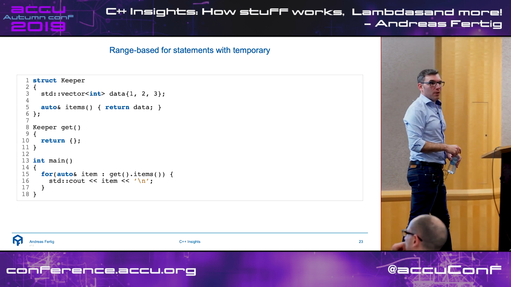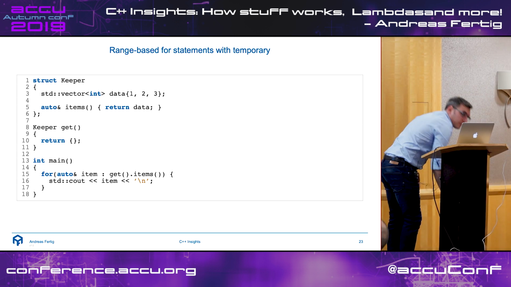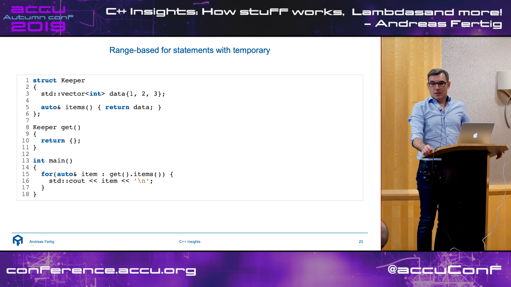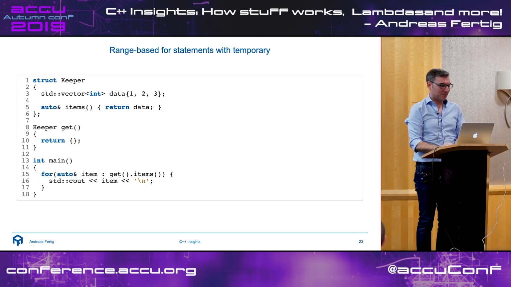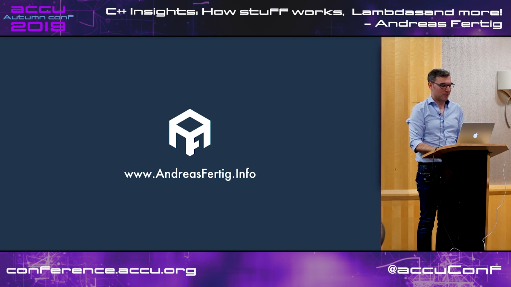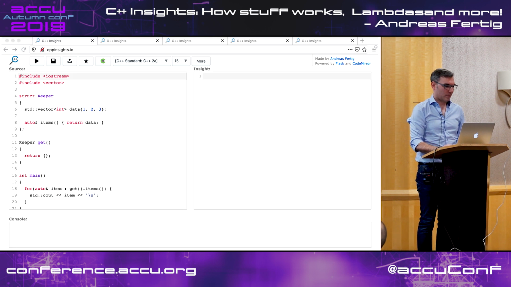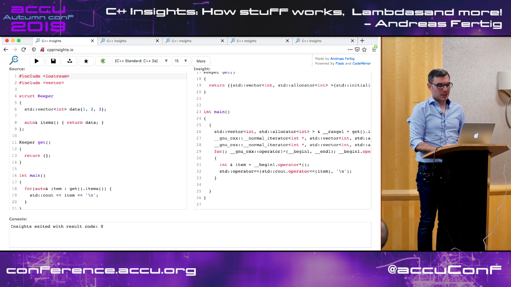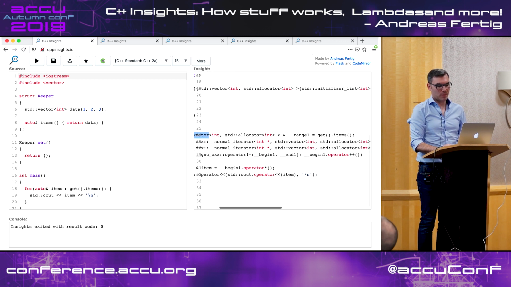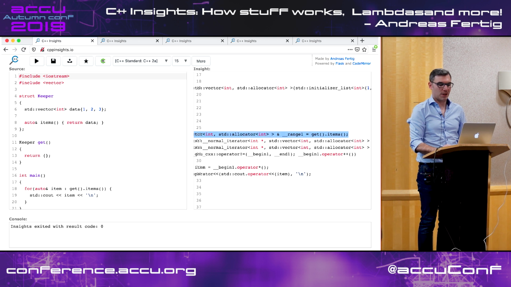Question, what's the output of this program? Correct, every answer is the right one. It's undefined. And the reason why it is undefined, I can show you. The reason is here. We are looking in the internals of the range-based for loop.